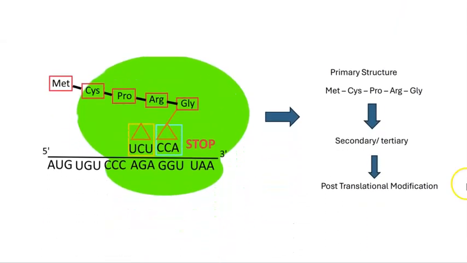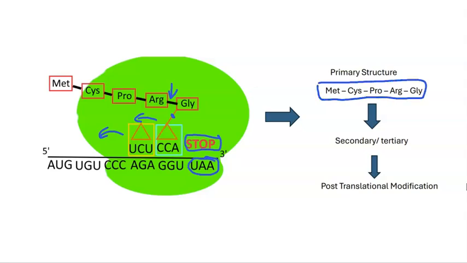And finally, our ribosome will actually arrive at the messenger RNA UAA, which if you take a look at the codon table, gives us a stop command. At this point, the tRNAs are all going to be ejected. The energy here is used to form this peptide bond here, and then we have the ejection of the polypeptide, which has the sequence methionine, cysteine, proline, arginine,